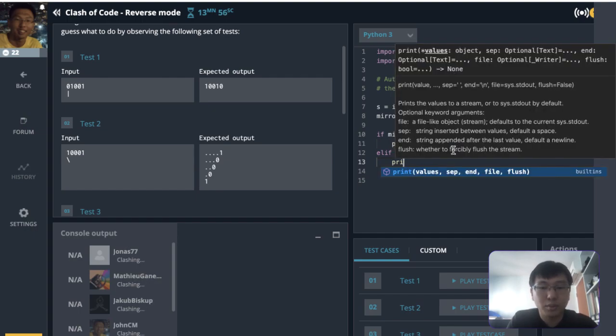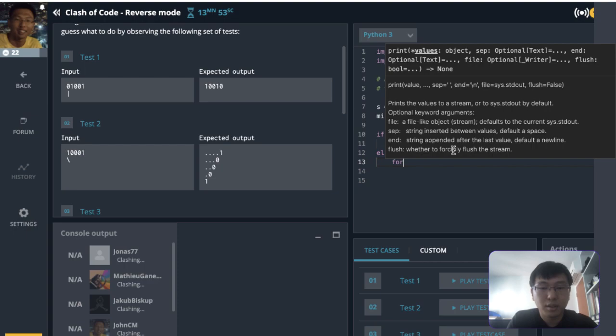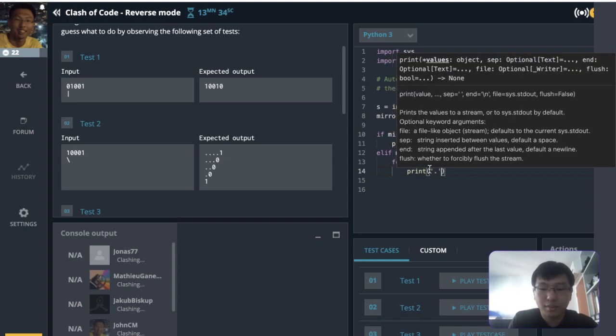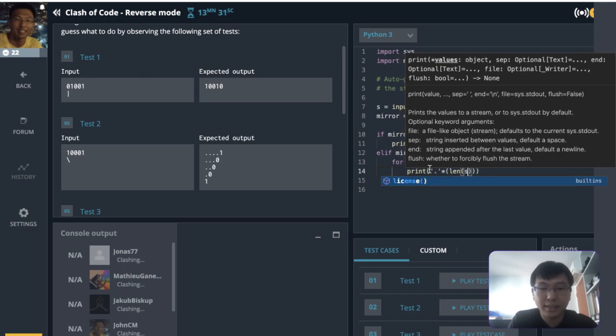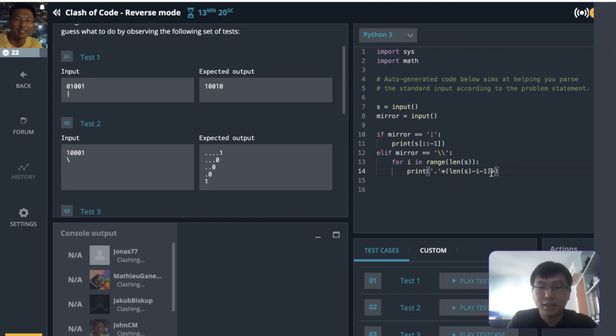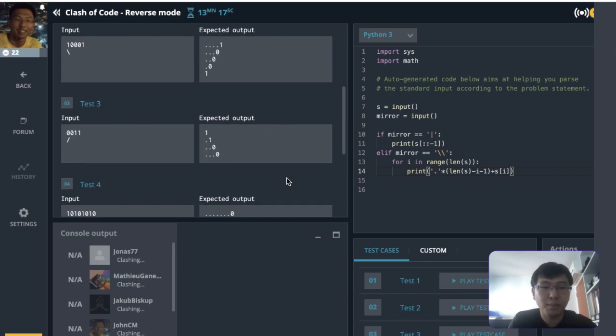Okay, we need to, for character in s, print. Actually, we should do it in terms of a variable. So like i in range length s, print dots times i, times length s minus i minus 1. This will print out like 4 at the top column. The length is 5, 5 minus 0 minus 1 is 4. We print this plus s[i]. Yeah, that will do. Then if the mirror is the other side,